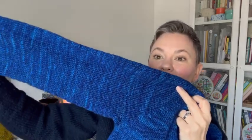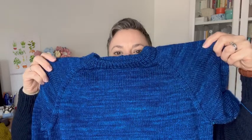I may have done slightly less ribbing on this sleeve because my arms are not very long. And then I knit the other sleeve, and I use the same ball of yarn for each sleeve. So I started on one, and then I did the other, and then I had a little bit left over. So I have been doing helical knitting since just before the divide